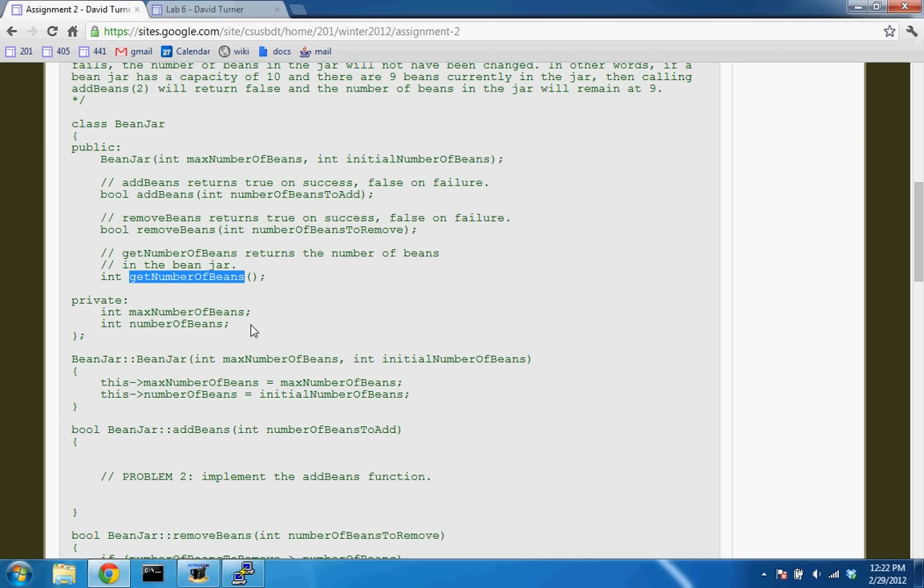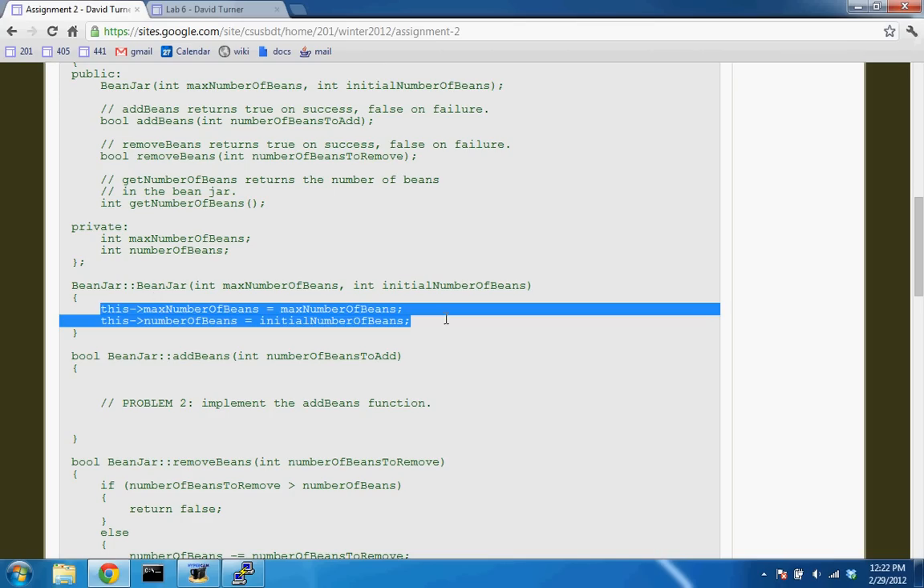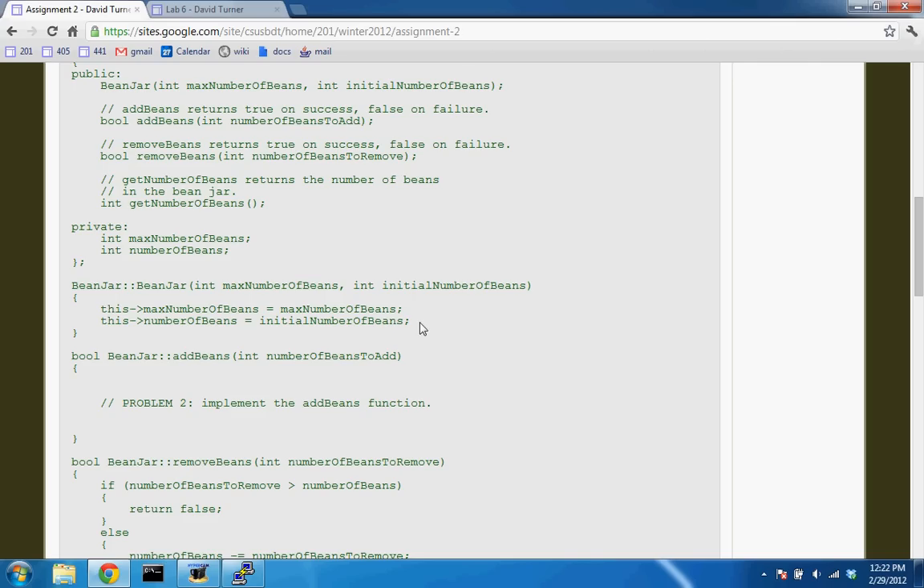All right, let's go forward. Here we have some implementation. This is in fact a simple process that's normally carried out in a constructor. Max number of beans is passed into this constructor function, and we take that max number of beans and we copy its value. And remember, this max number of beans being passed in